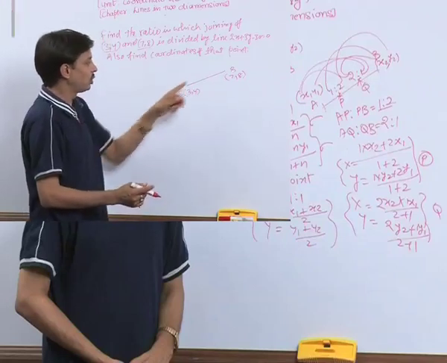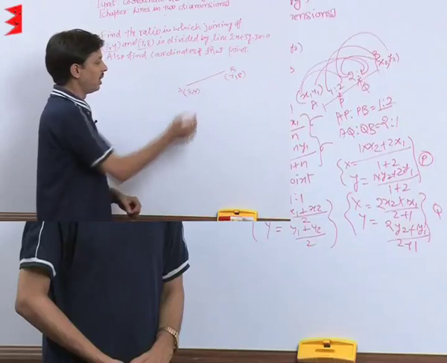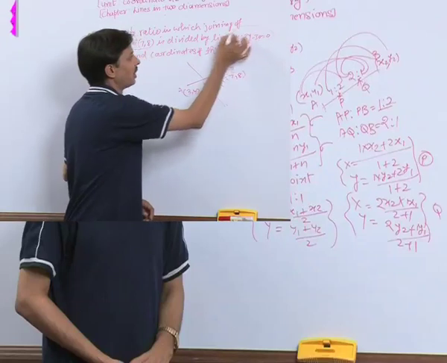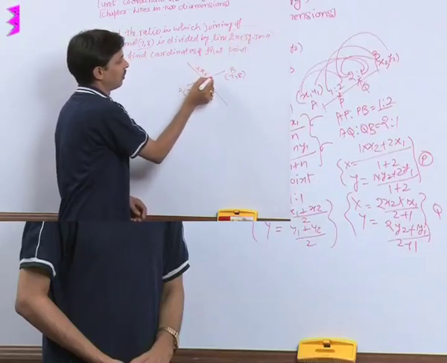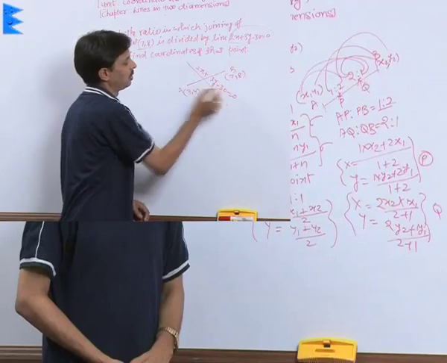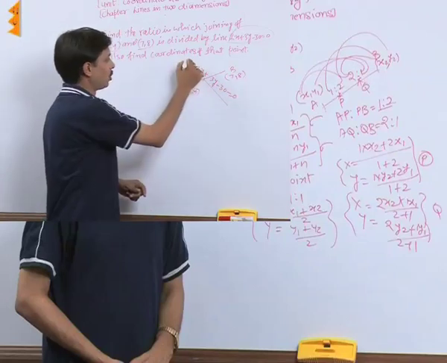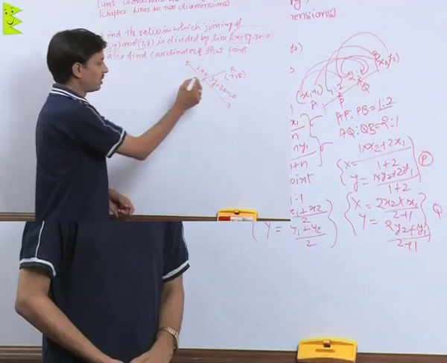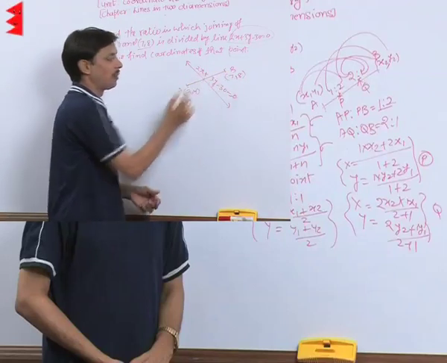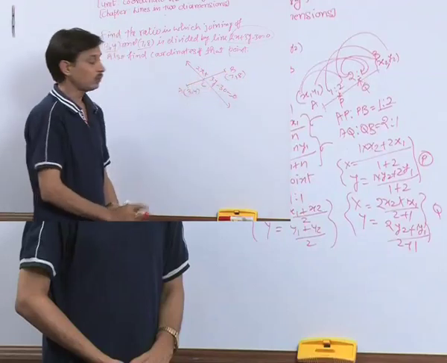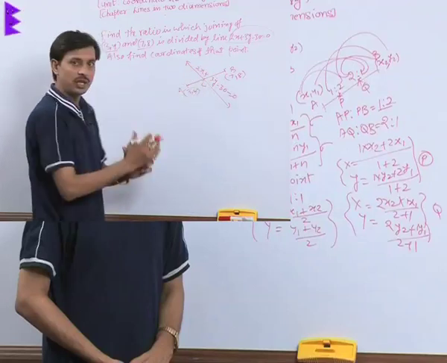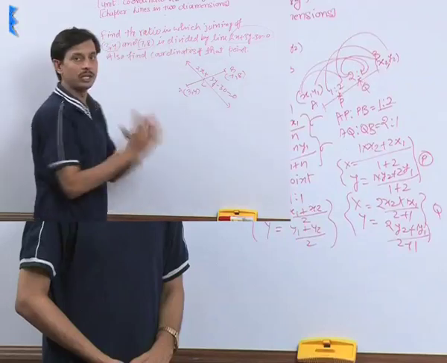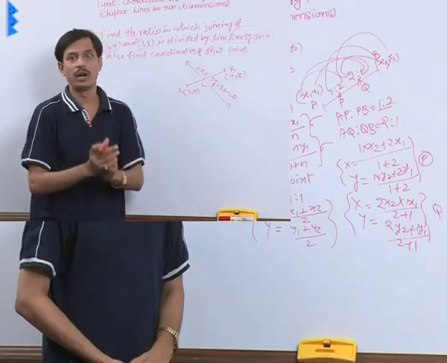Find the ratio in which the joining of 3, 4 and 7, 8 is separated by the line. What is the line which is dividing this joining? The line is 2x plus 3y minus 30 is equal to 0. Let us suppose the line is intersecting this joining of A, B at a point C. If it is intersecting at C, then there must be some ratio for which we are doing this exercise. Find the ratio.